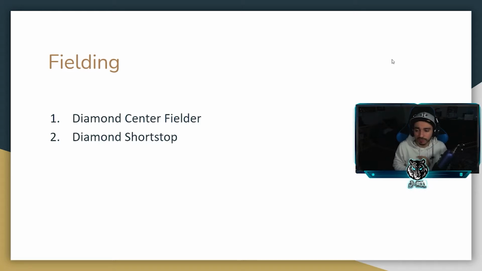Alrighty, now we're going to talk about fielding. Like I said at the beginning, you want a diamond center fielder just so he can get to those balls in the gaps. The diamond shortstop, he's not completely necessary, but he will make some plays for you that other tier shortstops won't. Some of those ground balls between the third baseman and shortstop, a hole, or those balls